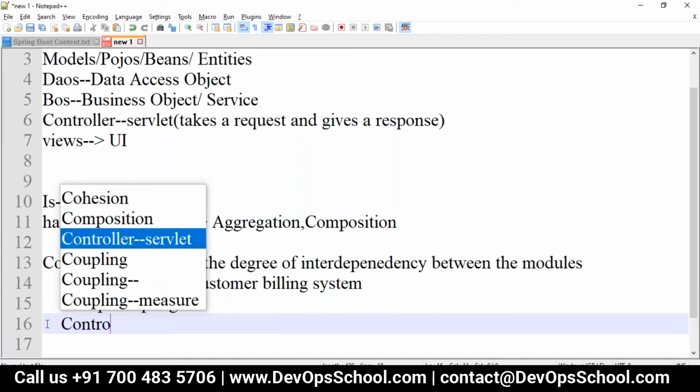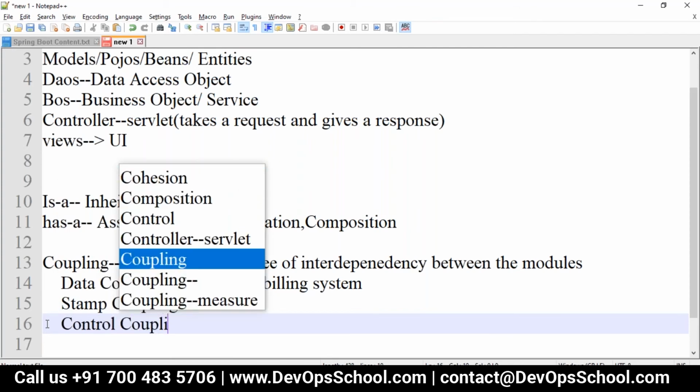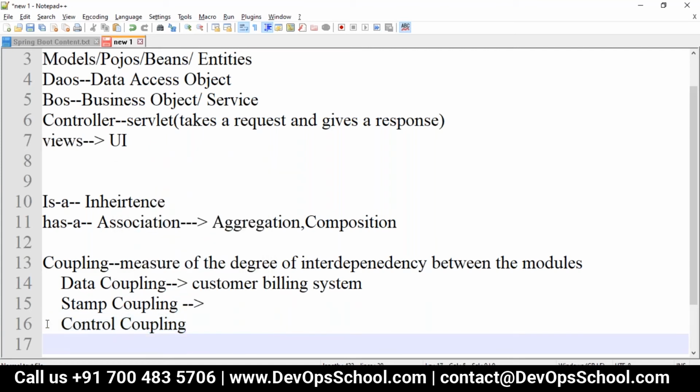Then we have control coupling, where control information is passed. For example, if you send a sort function that takes the comparison between the functions as an argument, sorting is the best example for control coupling. Then if you have external files, a format or some devices, we call it external coupling.